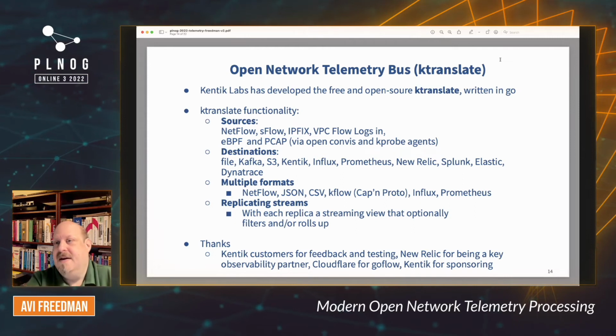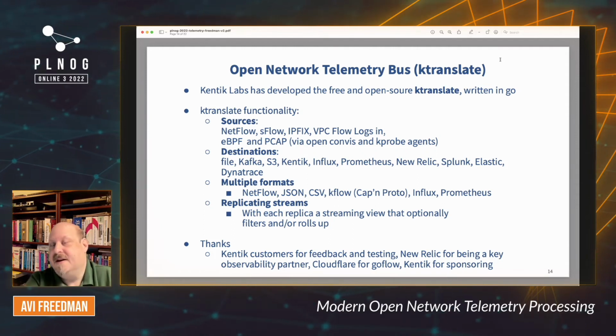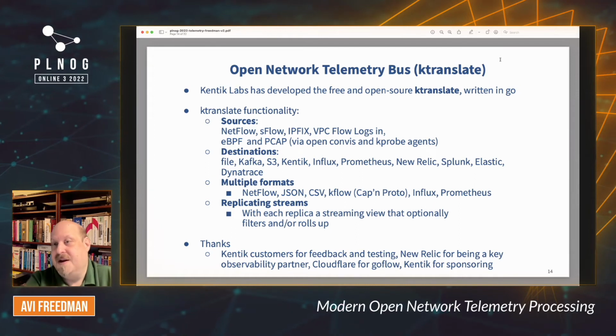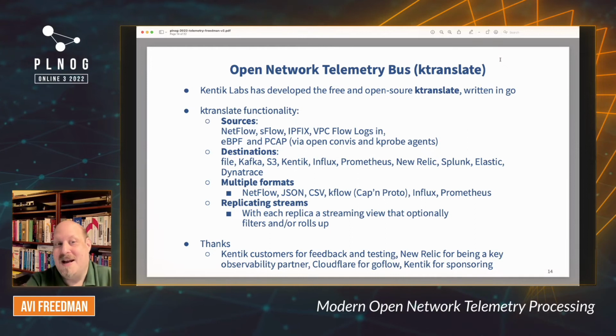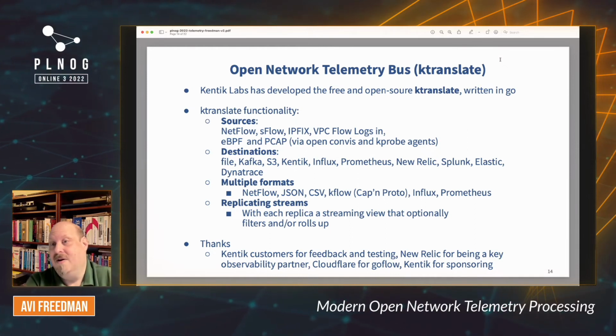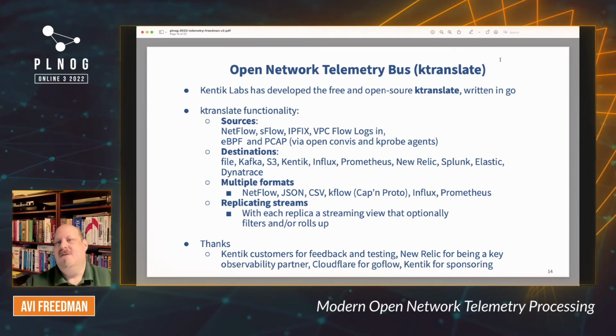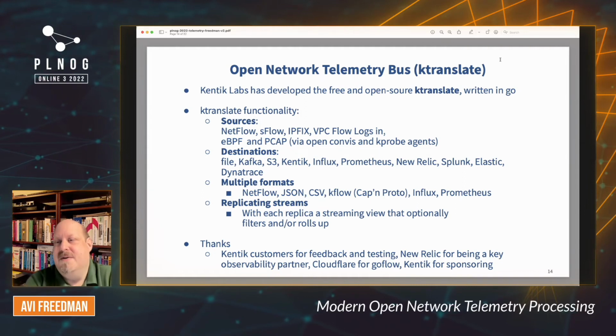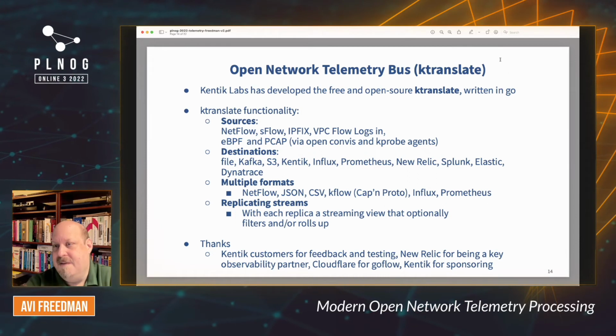So today, it takes flow data, metrics, SNMP, and streaming telemetry, VPC flow logs, and with agents, which we've also open sourced and are free to use, eBPF and PCAP from servers. For example, something you could run on a DNS server, because if it isn't the network, it's often DNS. Or you could run to copy packets, which I view as mostly an older approach. At modern network scale, that's harder to do. So usually we see people thinking about monitoring, having agents